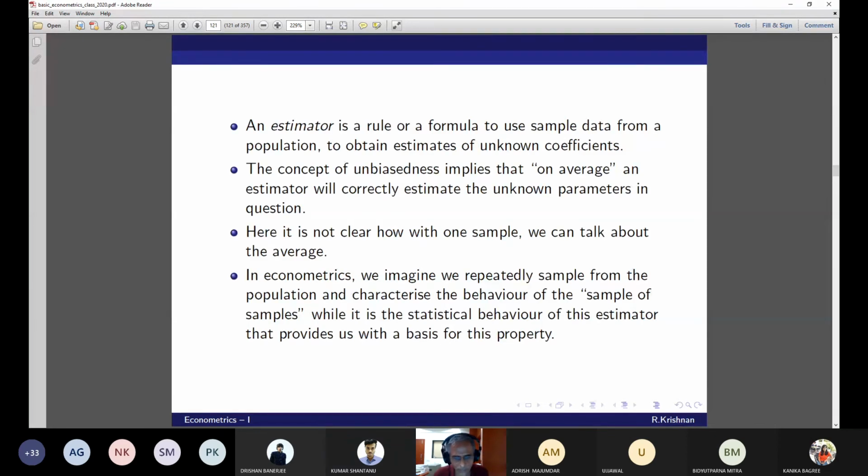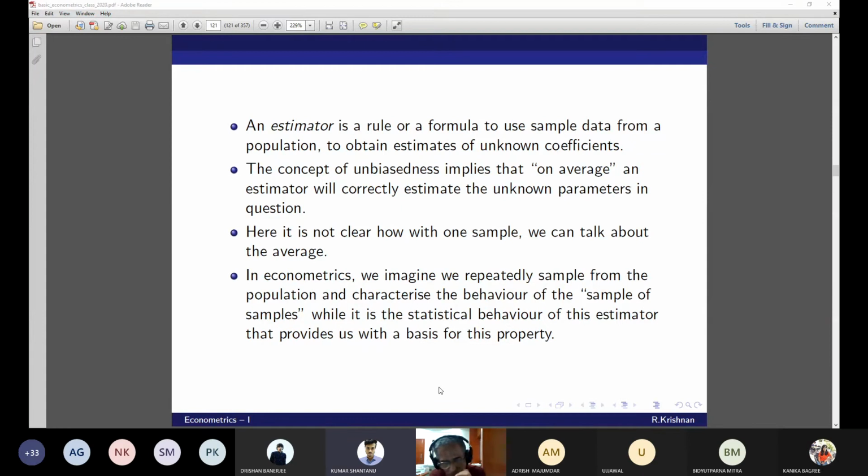Sir, I have a question. Shouldn't the minimum mean squared error estimator be similar to OLS? Because if the estimator is unbiased, mean squared error is always equal to variance. That is exactly what I'm saying, Kumar. What is that estimator that is going to minimize your mean square error? It will be OLS. Not the way you are saying it, it is the other way around: what is that estimator that minimizes the mean square error? This is the OLS estimator.